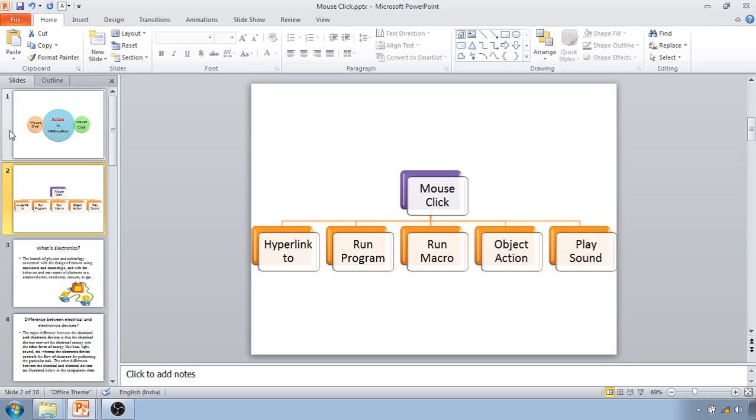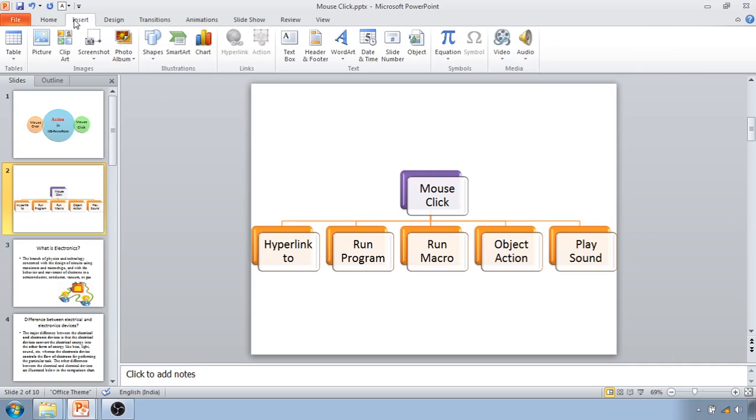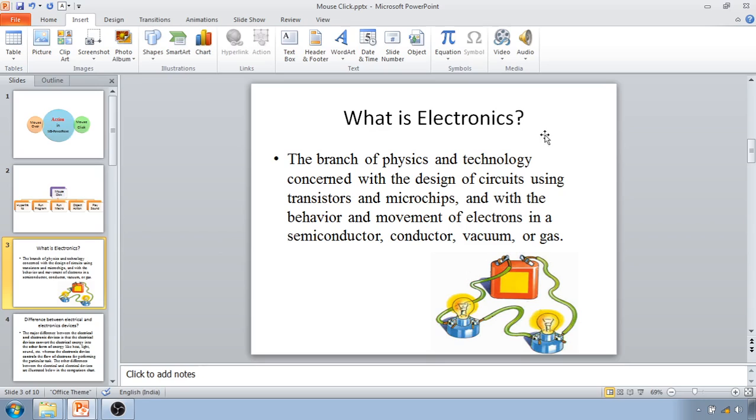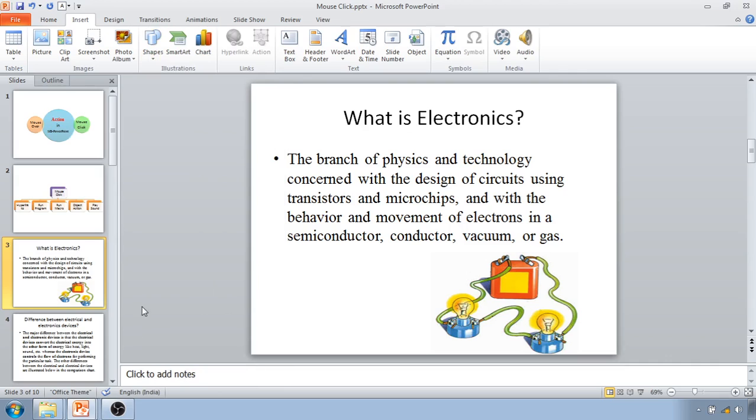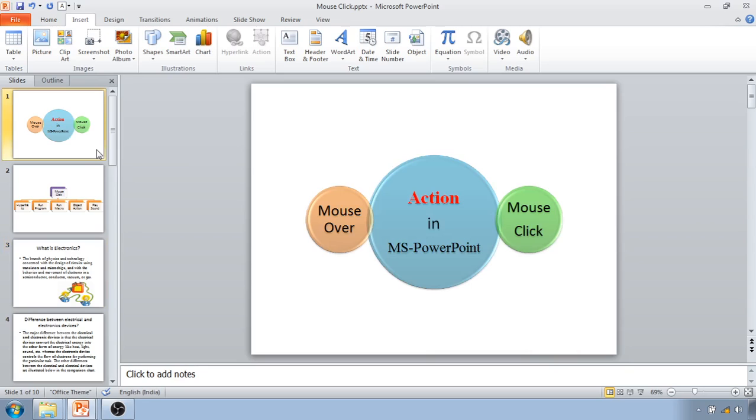Now, how to add the action to your presentation. It's very similar to a hyperlink: you have to click on Insert. Here you can see Action just beside Hyperlink. Now I want to insert an action for this PowerPoint presentation which I have. So I will click on Shape first. Here at the bottom you can see the action buttons. If I want to create a PowerPoint presentation where each and every slide will have a home button that will lead to the first slide,